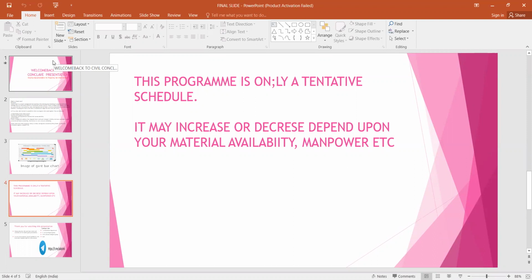It may increase or decrease depending upon your material availability and manpower, etc. This gives you a rough idea of how to create a bar chart in Excel. Moreover, what are the dependent activities, what are the individual activities, what are the simultaneous activities. So let me assume that you understand how to create a bar chart or a Gantt chart in an Excel sheet.